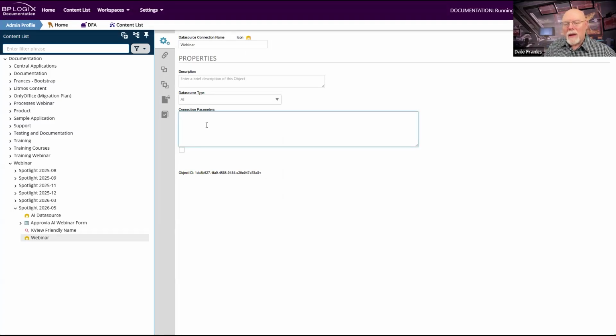Now, the big question, of course, arises: all right, let's say I have this data source, and it is a data source that allows me to connect to ChatGPT or Gemini or Claude or what have you. Now what? Well, one of the things that we have done internally is we have created some REST services that actually take data that we can send from Process Director via a REST service.